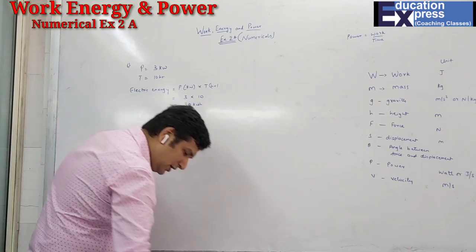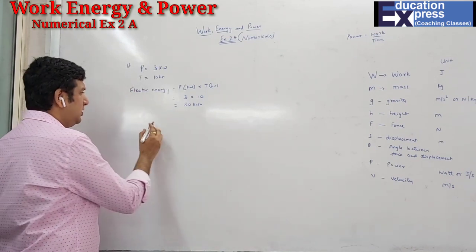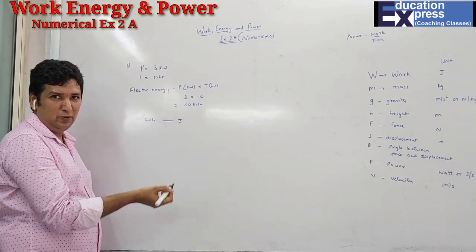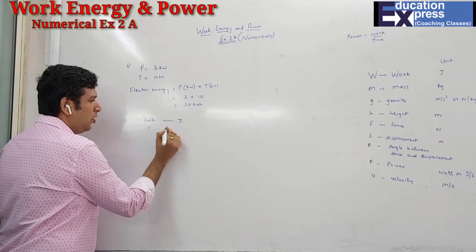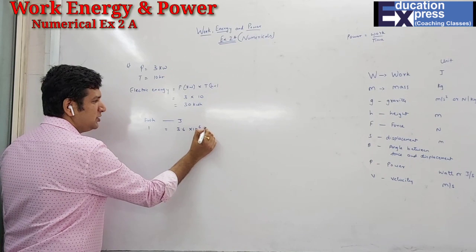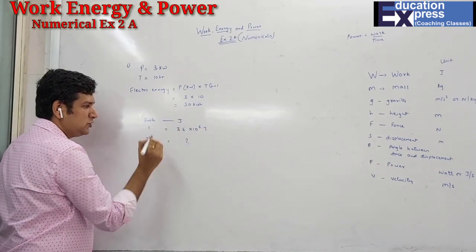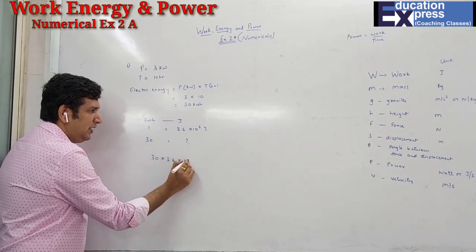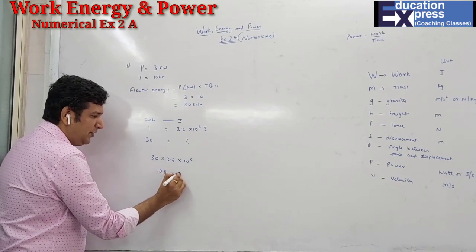What they've asked is to find the energy in kilowatt hour and then find it in joule also. So students, over here just understand that you can convert kilowatt hour into joule. Both are energy only. This is particularly electric energy, but there is a conversion that 1 kilowatt hour is equal to 3.6 into 10 raised to 6 joule. So for 30 kilowatt hour, cross multiplied, the answer will be 30 into 3.6 into 10 raised to 6. That is 108 into 10 raised to 6 joule.